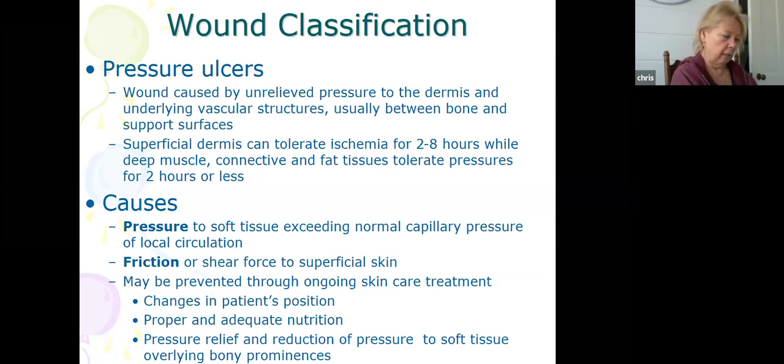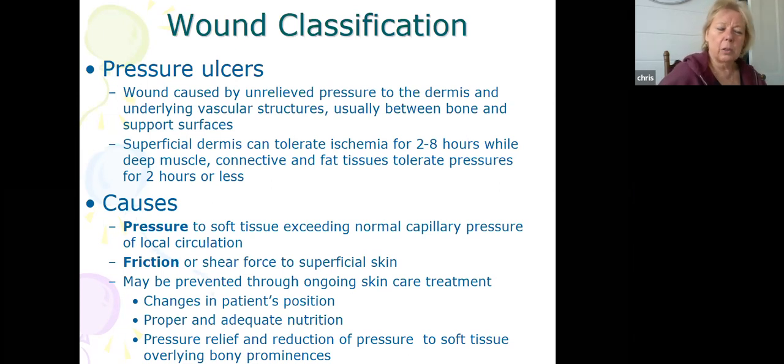How do we prevent these? Because that's number one. What we want to do is prevent them. You can prevent them through changing the patient's position and making sure that the person has proper nutrition. Parenteral nutrition sometimes is required, where they have an IV and they provide nutrition through some kind of a cannula, which we'll talk about. But also that the person is eating well, and they may need Ensure or any of these products that have a lot of nutrients in them.